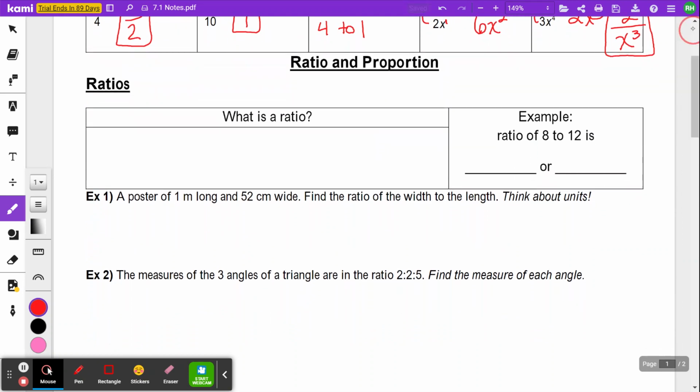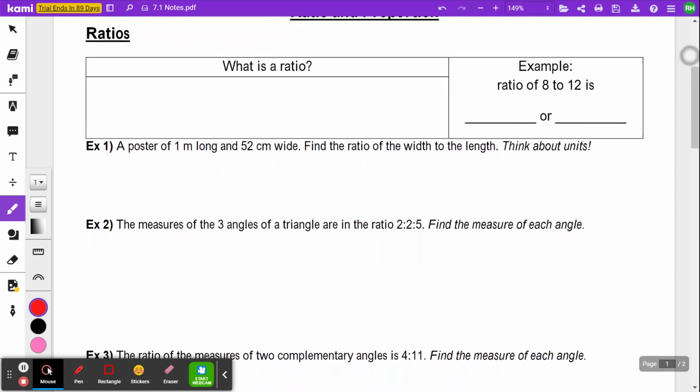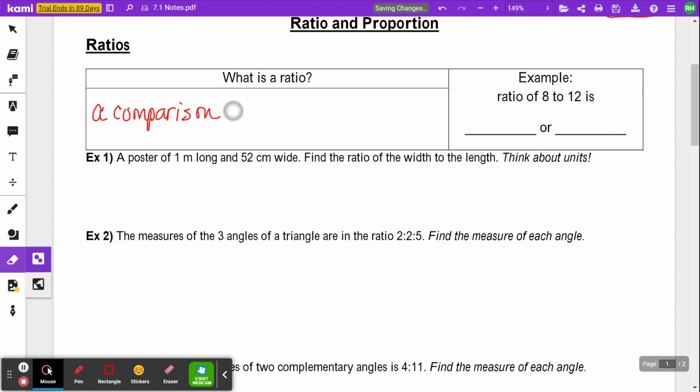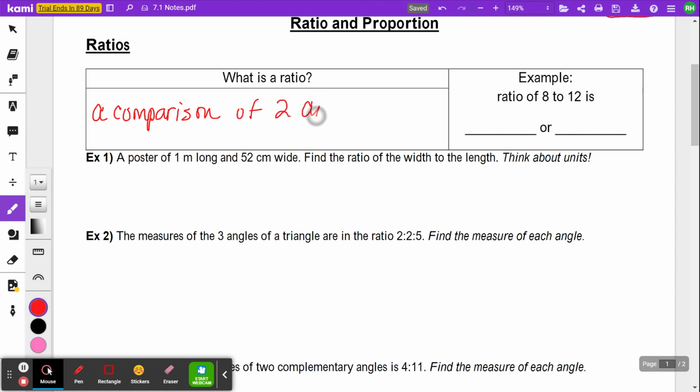So building into today, we're talking about ratios and proportions, and a ratio is simply a comparison of two quantities, okay? So you're comparing two amounts. Oops, writing and talking at the same time is hard. A comparison of two amounts or quantities,